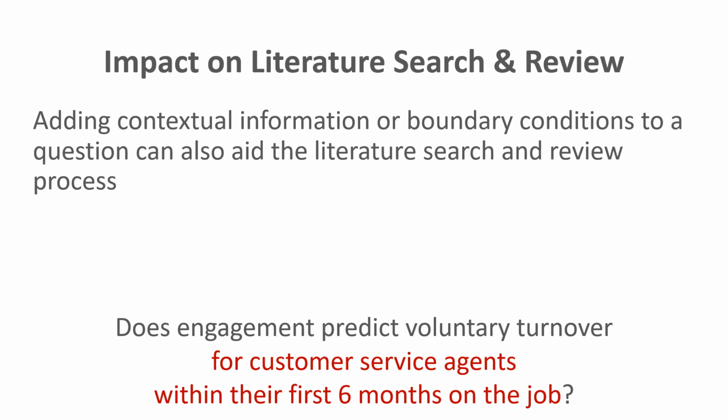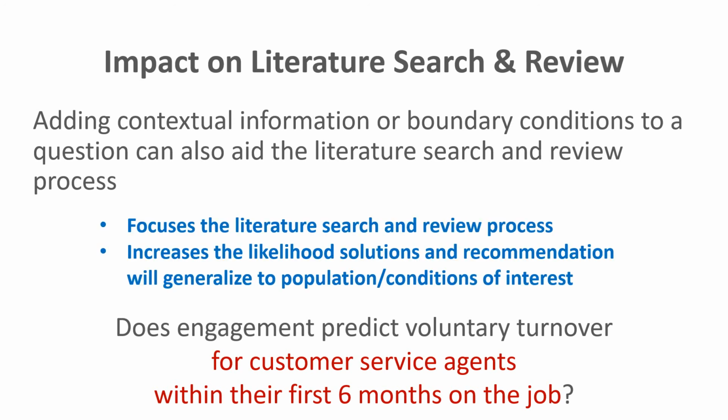when you think about what you found in the literature after doing your search and as you're reviewing it, it can give you some insight and help you understand, okay, what do we know based on this literature review and what do we not yet know? And how comfortable do we feel generalizing what we found if, let's say, we were only able to find whether engagement predicts voluntary turnover in a very general sense across many different types of occupations and jobs, but not for customer service agents specifically, and not necessarily within their first 6 months on the job? Well, this is going to be a limitation of how well you can generalize what you've found to that target